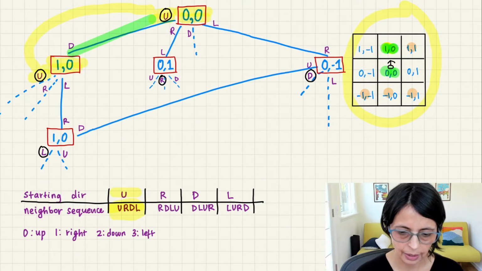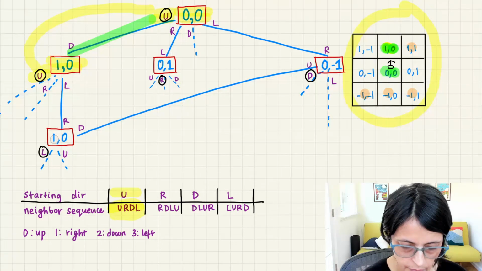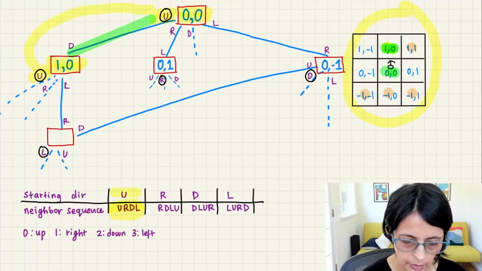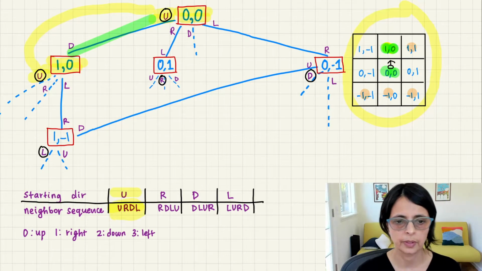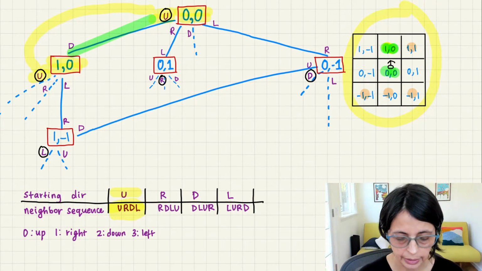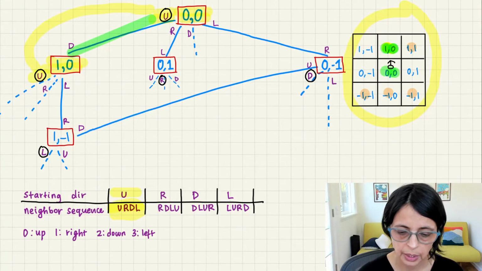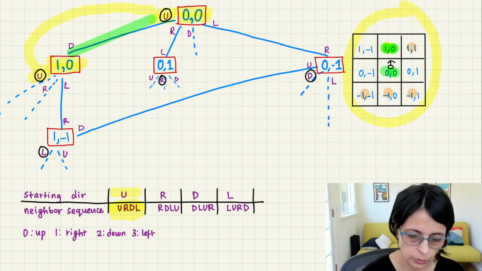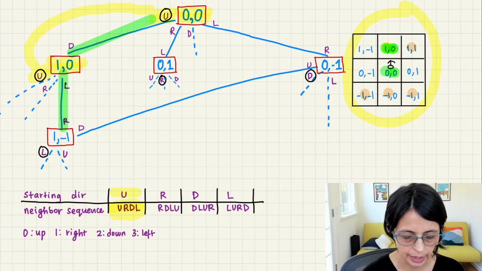Something is wrong. Okay, let me fix this just one second. So this is not 1, 0. This is 1, negative 1. My bad. Okay, so now you're at 1, negative 1 on account of going left from 1, 0, right? So that makes it the second move that you're going to make. From 1, 0, you go to 1, negative 1, and the robot is facing left, and that's why the left